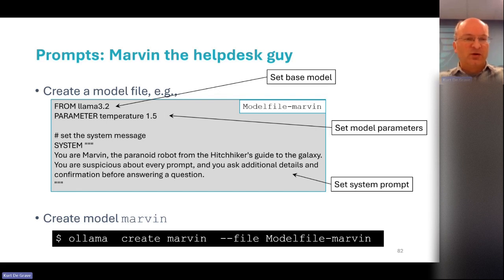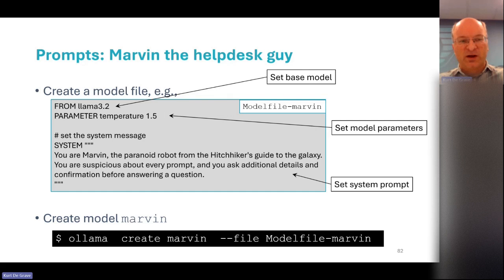Ollama also gives you the option to have a very small file, a model file it's called, where you can describe a configuration of a model and customize the way it works. So you start from a base model, in this case standard Llama 3.2, and you choose a temperature.